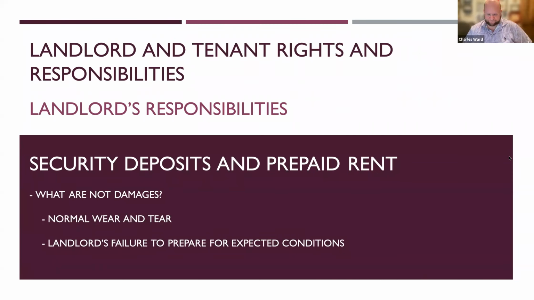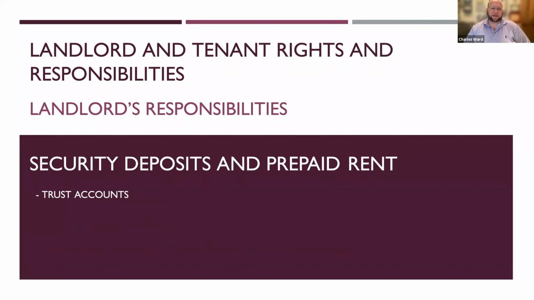The landlord is supposed to keep the rent and security deposit in a trust account. Now, that doesn't mean he can't commingle those funds with other tenants' prepaid rent and their security deposits. He can. He doesn't have to have a separate bank account for each person. However, he needs to be able to separately account for all of those. So he needs to be able to say, the Smith family provided this amount as prepayment, and the Jones family provided this amount as prepayment. Landlord cannot use those funds; he must keep those in a trust account.